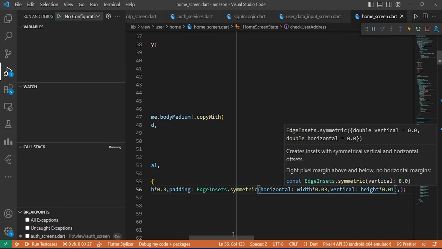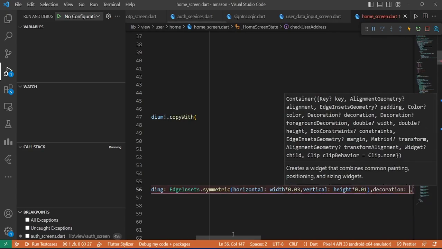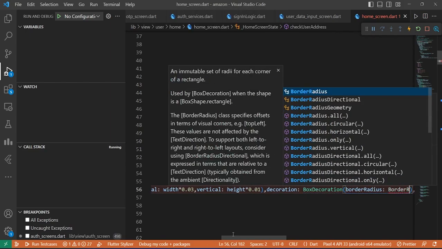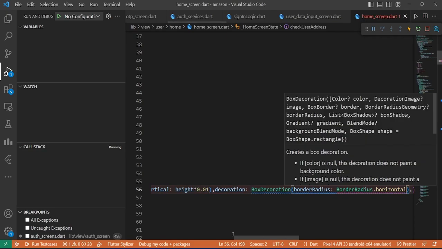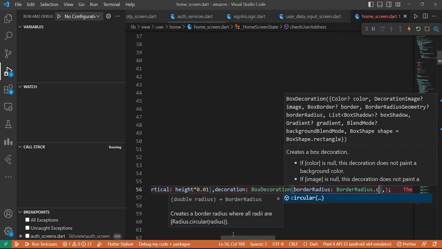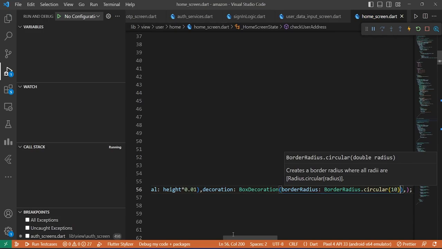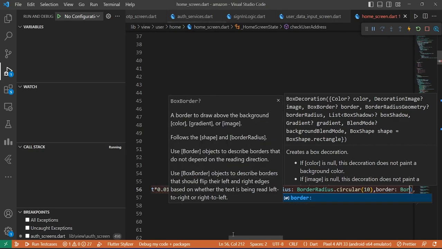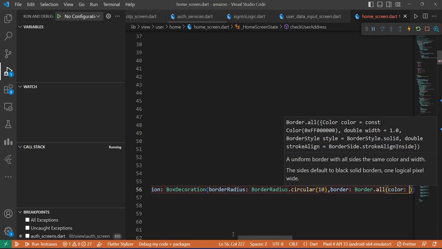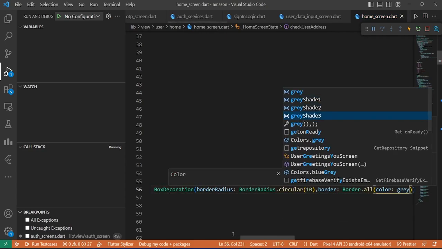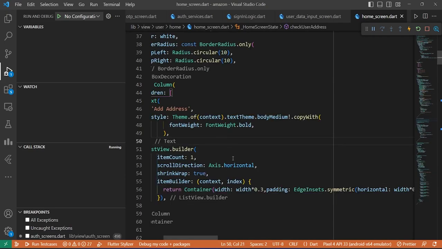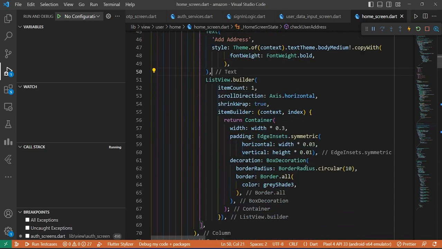Okay, and decoration, yeah, BoxDecoration, borderRadius, it will be BorderRadius.circular 10, border Border.all color Colors.grey shade 3. Okay, now it looks good. Save this one. Okay,